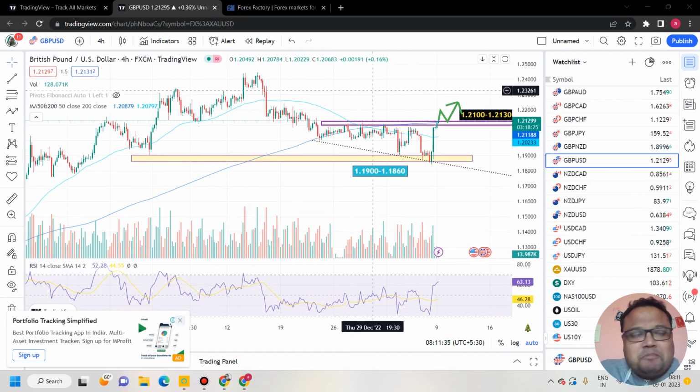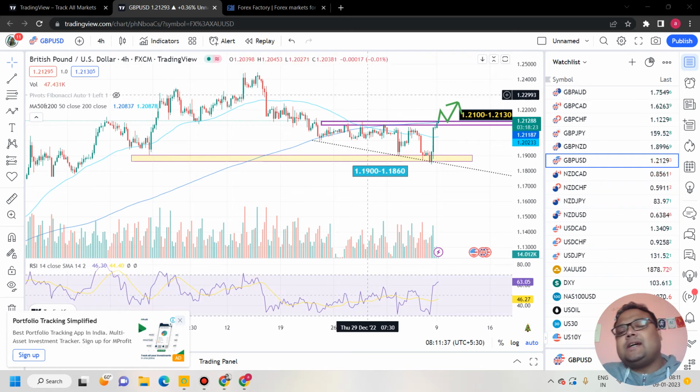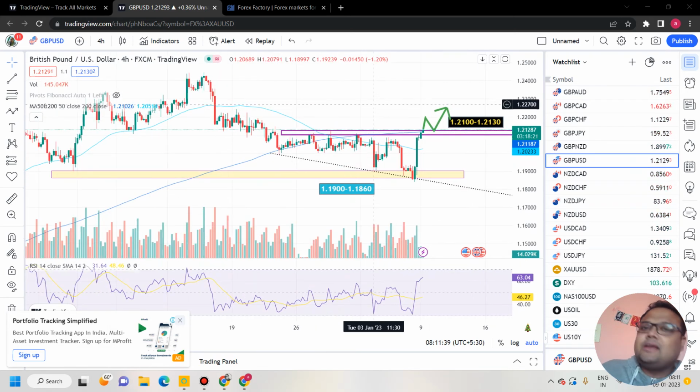In case by the US session you see a sudden reversal, you can consider taking a sell as well, but be careful. In my previous video I said that every chart, every pair, every asset, every stock in the world has some good levels, some bad levels, some strong levels and some weak levels. Some are very strong, some are okay, medium kind of levels.